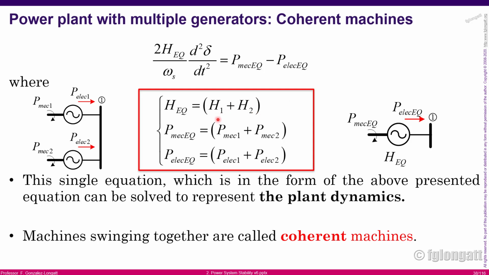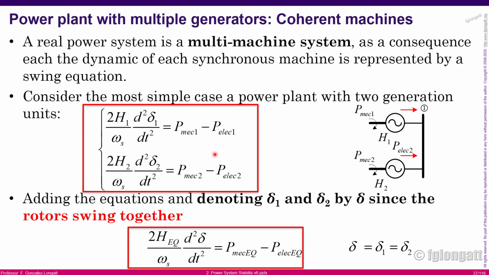The mechanical power and the electrical power also must be modified in order to represent the new equivalent machine. But more important is that when we have two machines, each machine has a power angle. And you must remember that this power angle